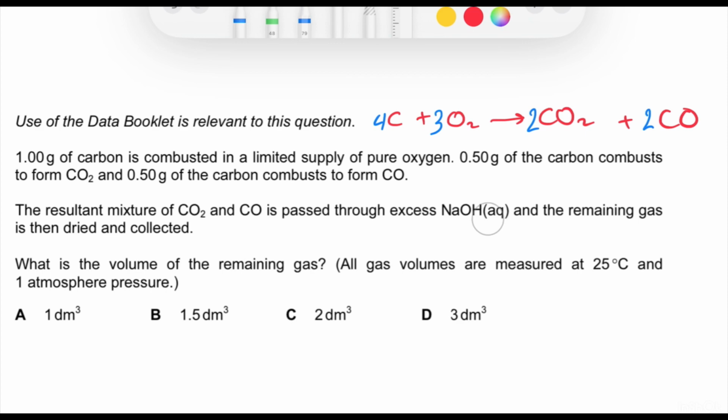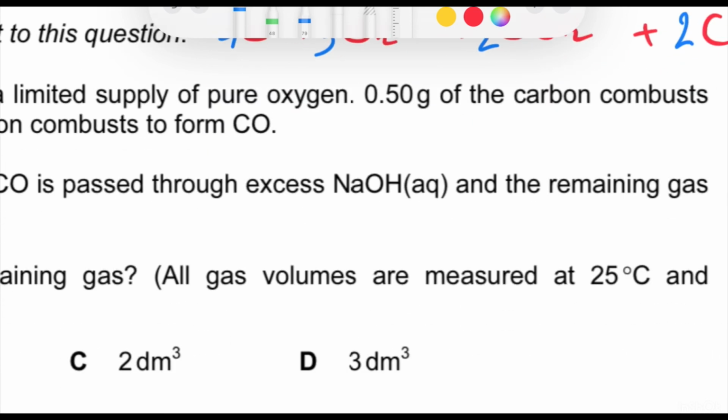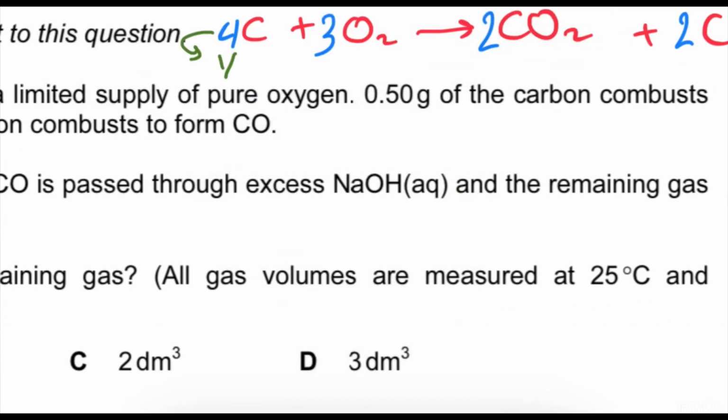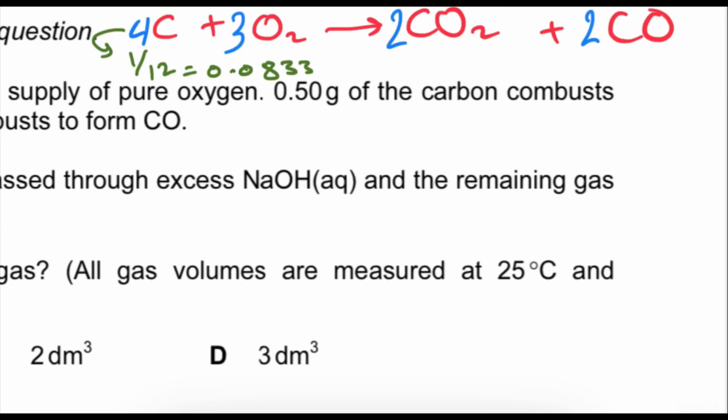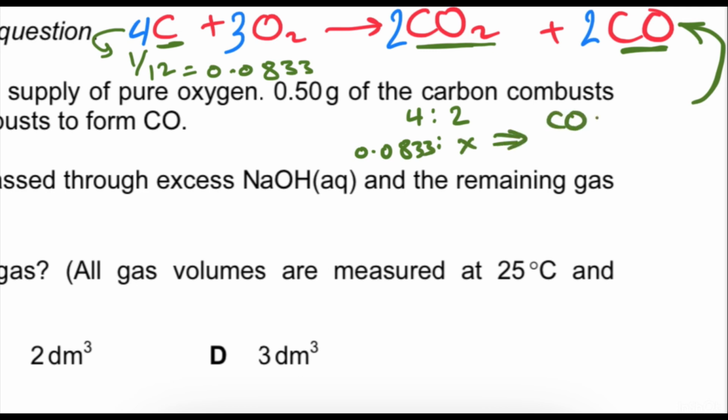By mole ratio. So if we come here to carbon, we notice that we're given the mass of carbon, so we can calculate the moles here. We can say 1 over 12, and it equals 0.0833. This is for carbon. We can make a ratio between carbon and carbon monoxide. So we can say the ratio is 4 to 2. Since you have 0.0833, then the moles of CO are